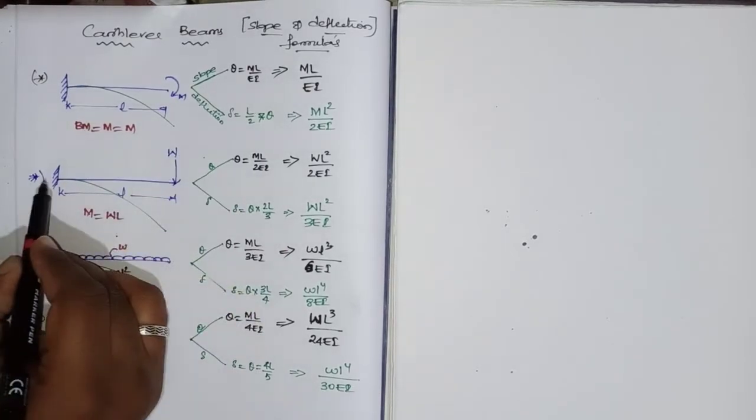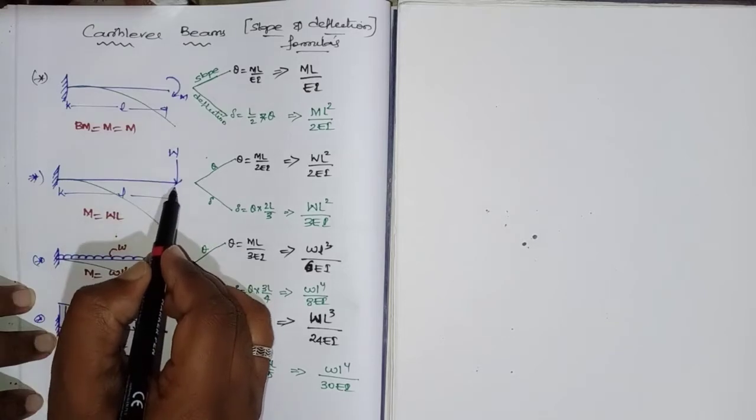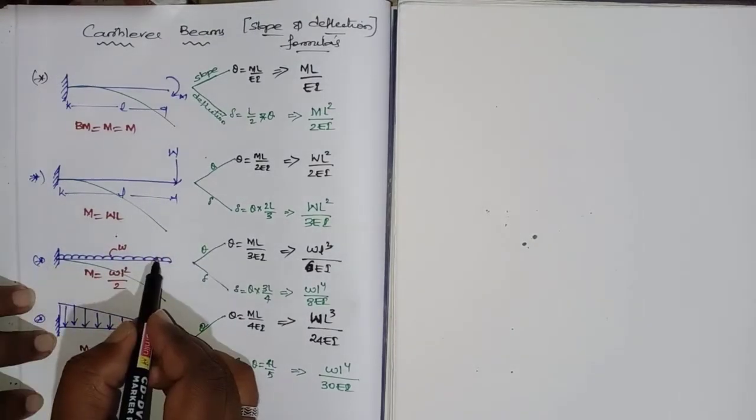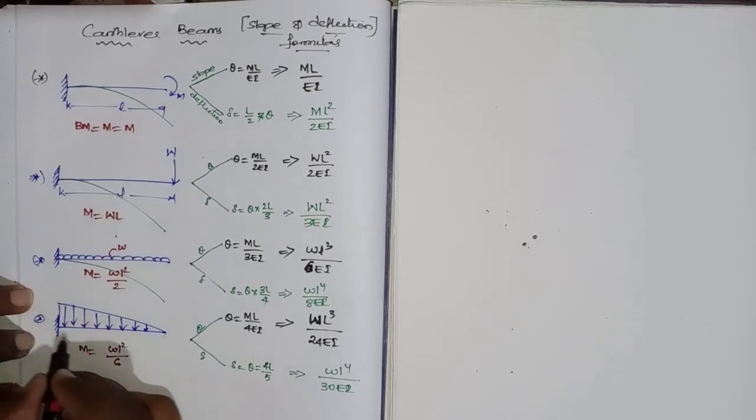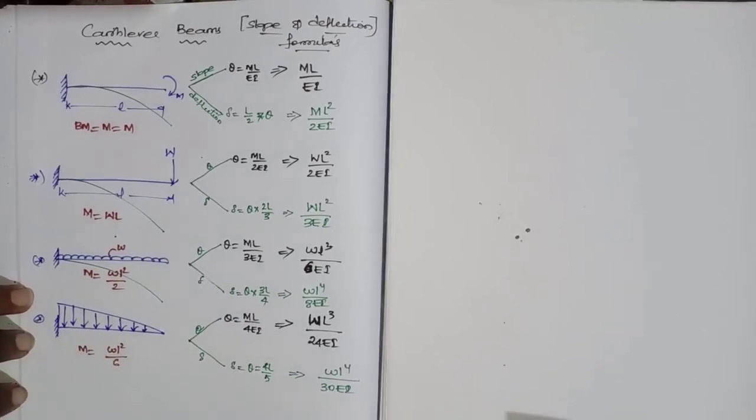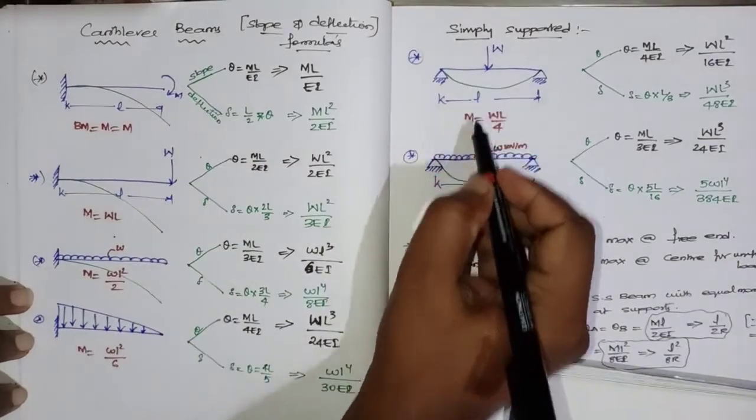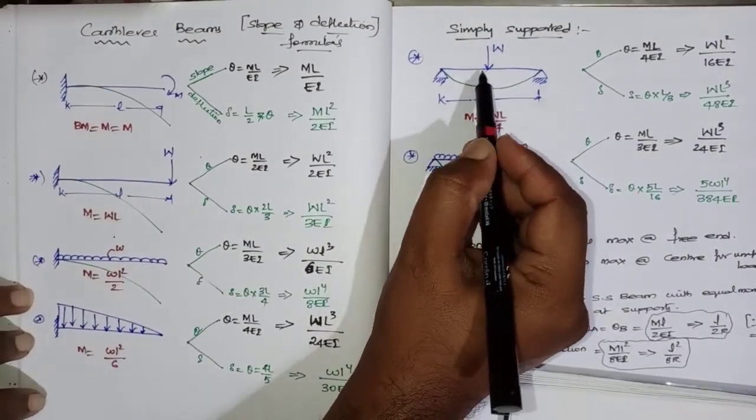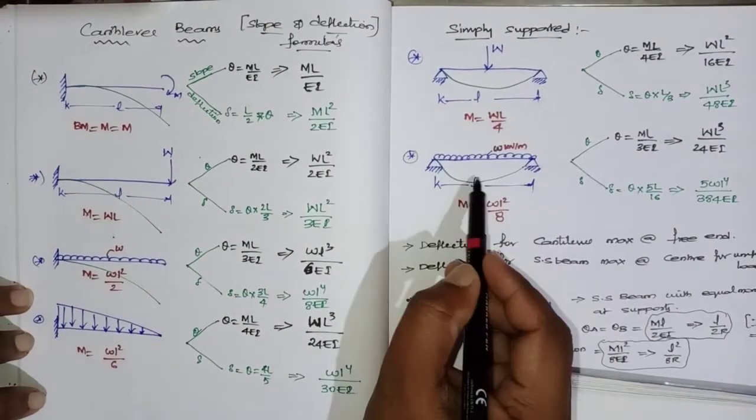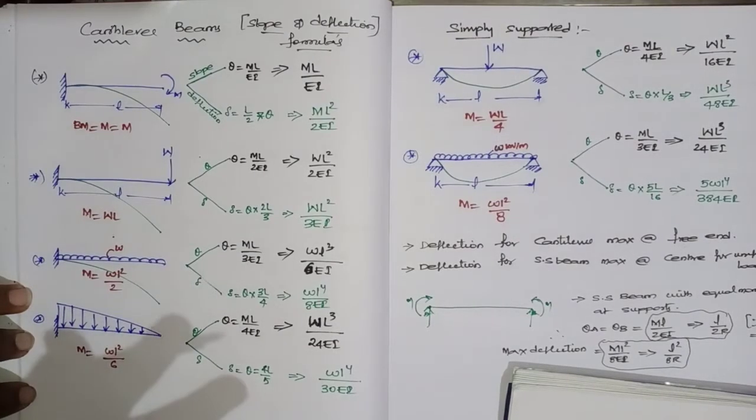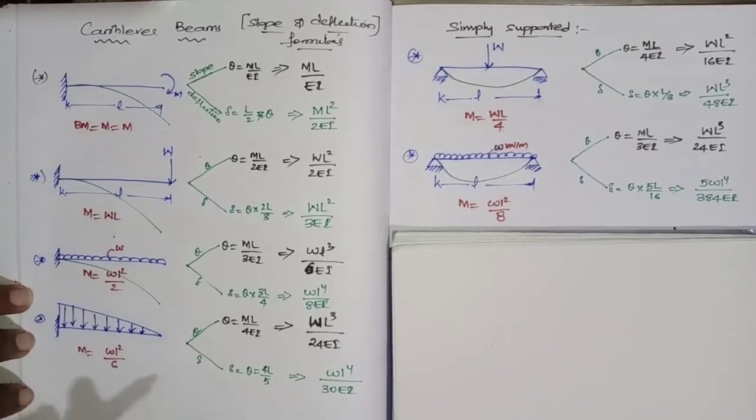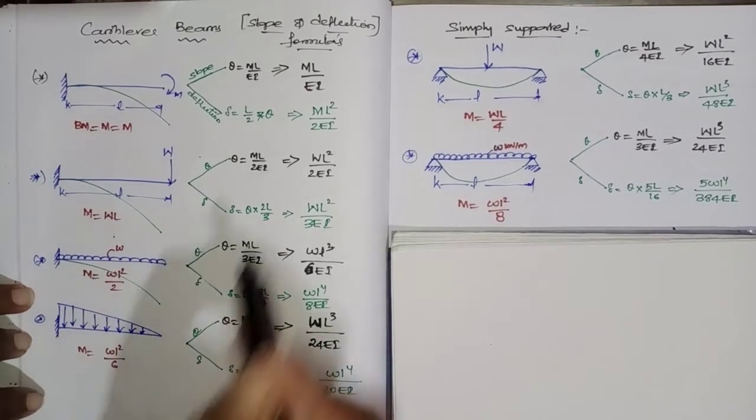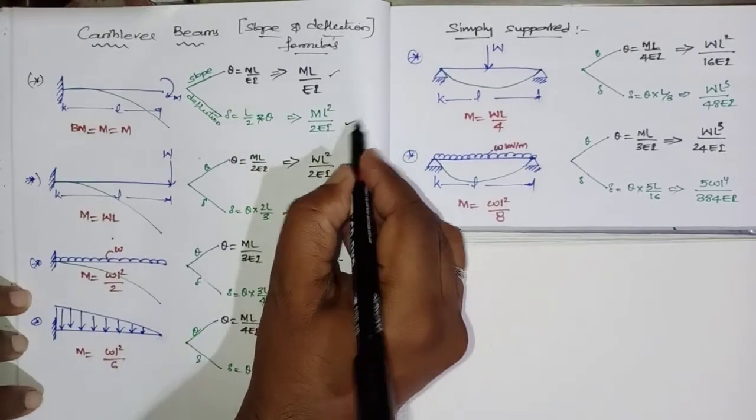Next, a cantilever beam carrying a point load at its free end, and a UDL throughout the length, and this is the UVL, triangular variation load. And these are the simply supported beams carrying a point load at the midspan and UDL. These six are very, very important, and should be kept in mind. So, going to the slope formula and deflection formula,